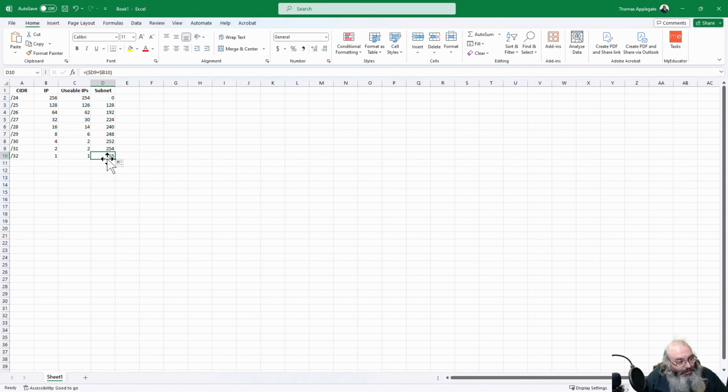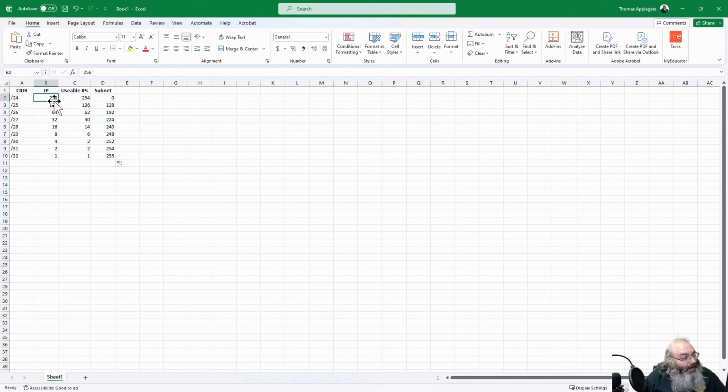Okay, and the reason I do this is because I can create a quick lookup table and see exactly what I'm looking for. Basically I set this up when I'm reading through all the material and agreements during that 15 or 30-minute time window they give you. I put this in there during that time window, and basically all I had to remember was /24 to /32, and then I had to remember 256 IP addresses,